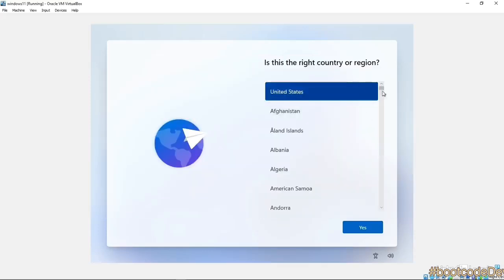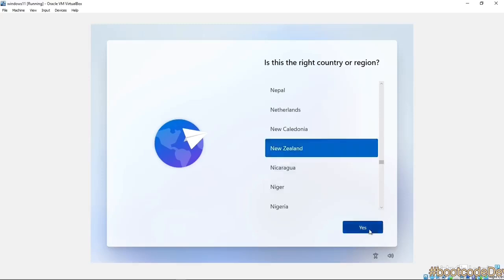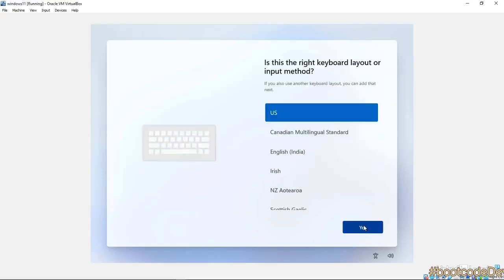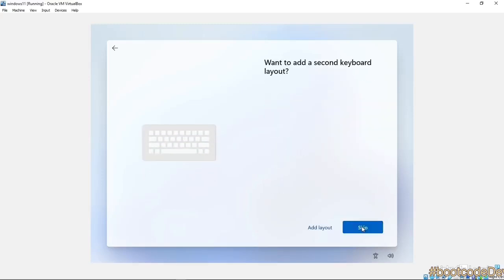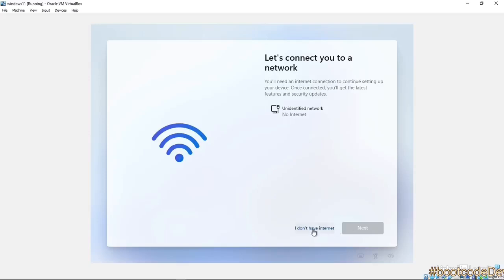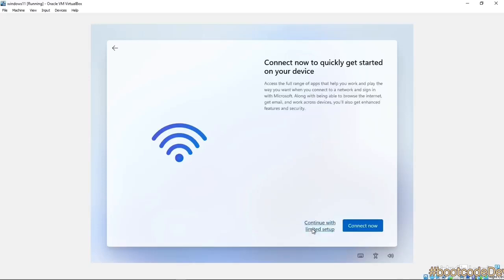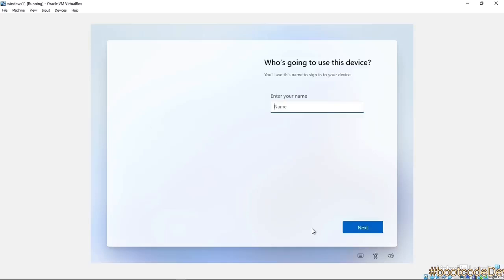We can close that, and we'll set up our country, a US keyboard. We'll skip a second keyboard, and we'll say I don't have internet. Of course, if you'd prefer when setting up your lab, you can just use a Microsoft account. We'll continue with limited setup, and we'll enter a name, and we'll enter